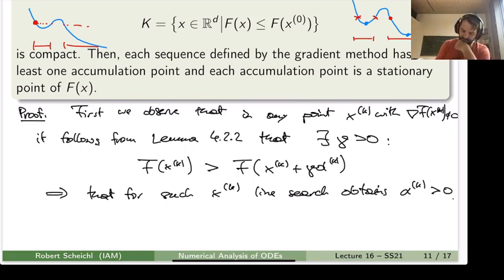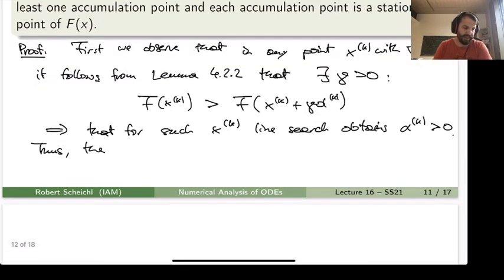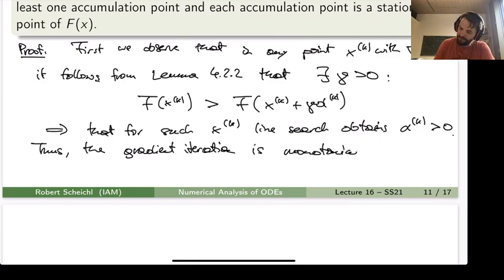And thus the gradient iteration is monotonically decreasing. So we know there exists a gamma that leads to a strict decrease, and the line search finds the smallest such gamma, and so it definitely leads to a positive alpha k, and therefore the gradient iteration is monotonically decreasing,